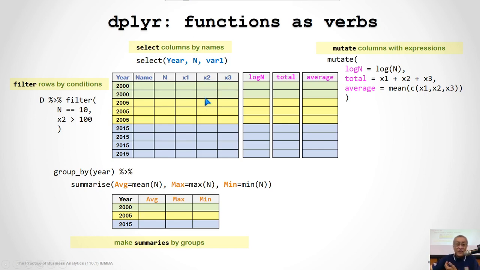And the other thing is select. You select the columns. Usually you select the columns by name. So after select, you have a narrower data frame, right? Only the columns you select will remain in the